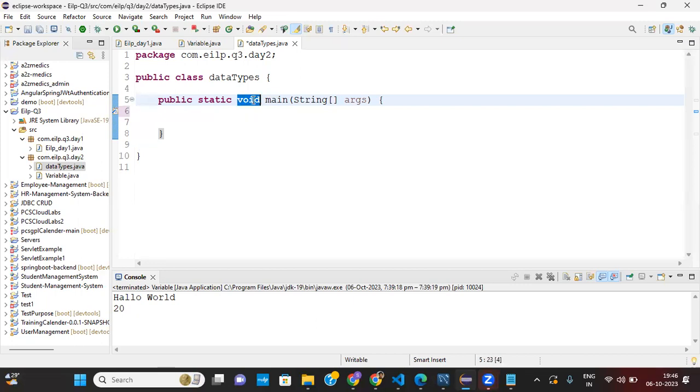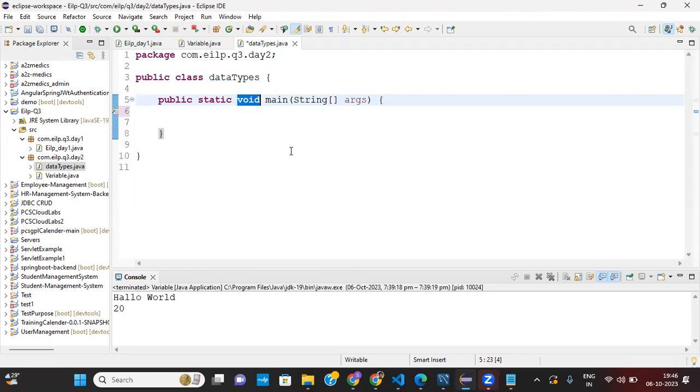We can give any primitive data type here instead of void. If I want to return some integer, we can give int or float instead of void.